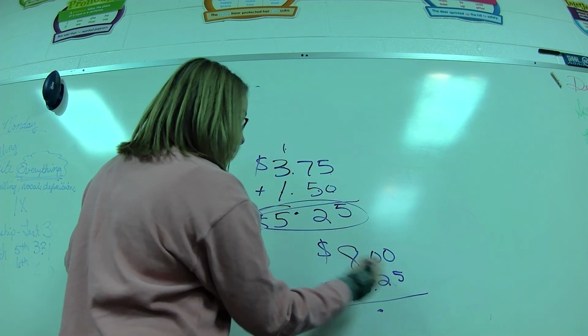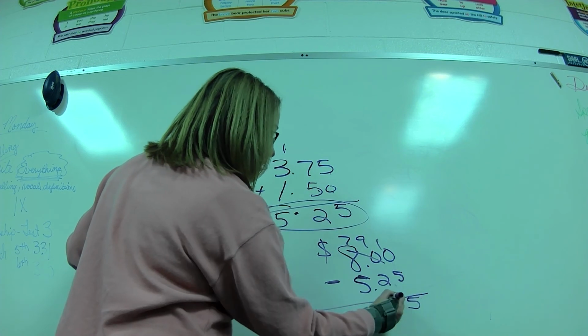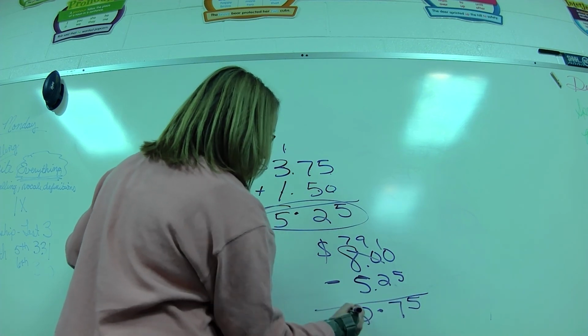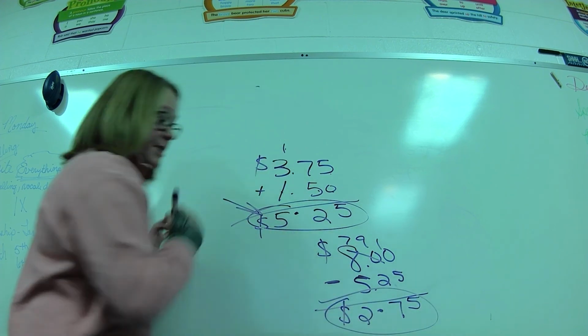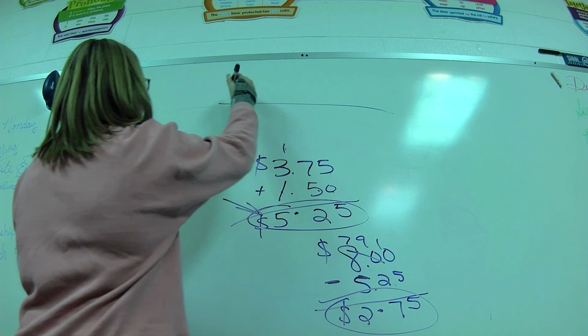All right, so we're going to borrow from here. This is going to be 5, 7, 2. His profit will be $2.75. And you'll see your chart. They'll say the